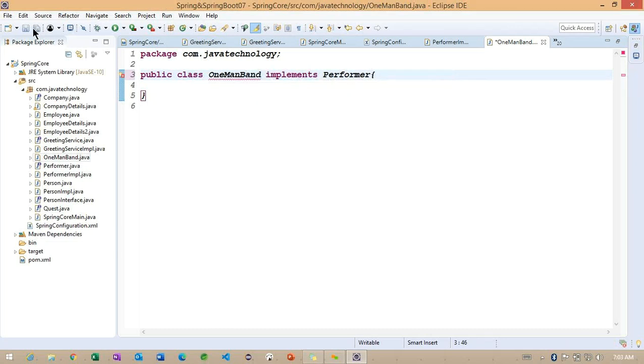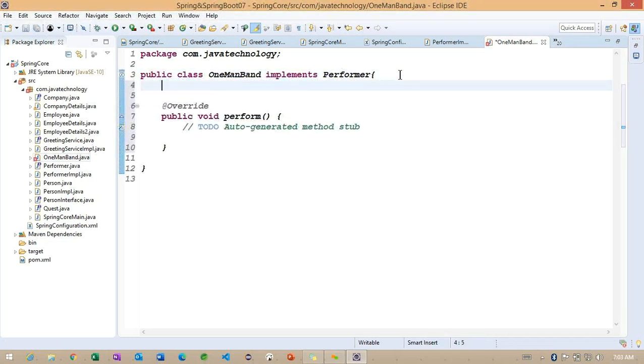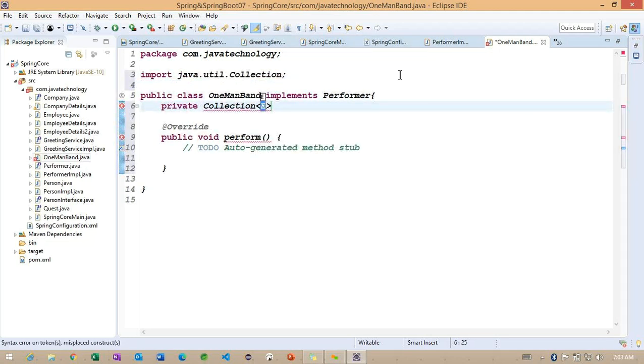Now we are trying to override this perform method. But now if you observe, I want to work with a collection of objects. I want to define one more object here, called instrument.